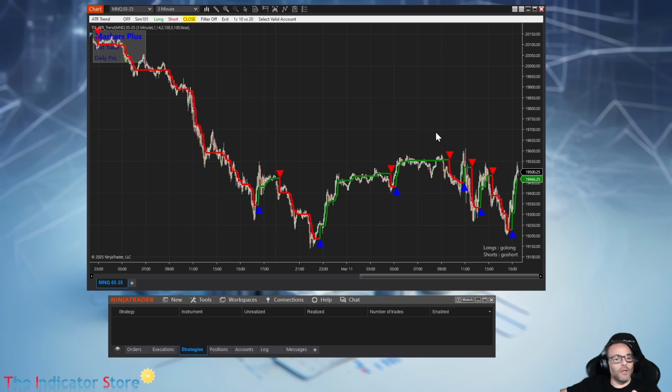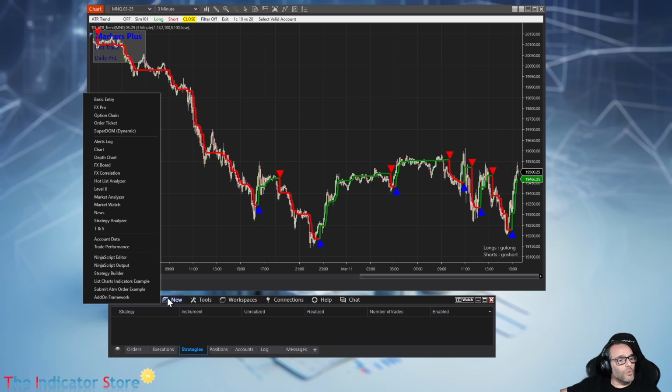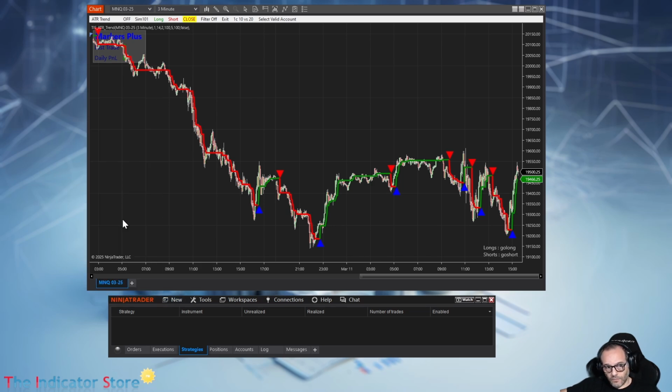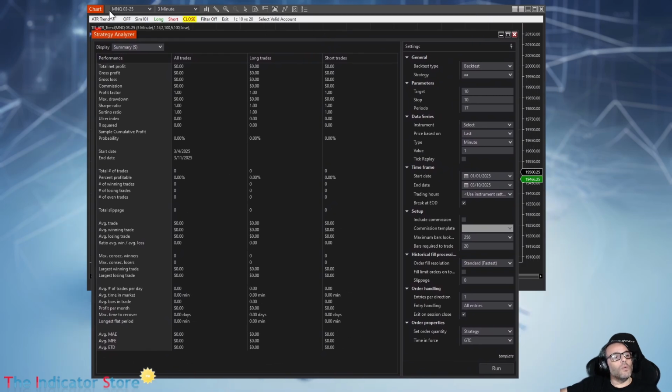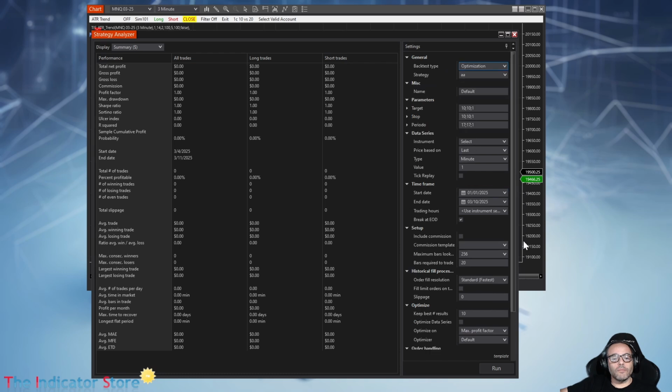And we can do Strategy Analyzer test all the possible combinations of parameters to find the best combination. Let me show you. So you go to New Strategy Analyzer. We get something like this. And I want to optimize MNQ in 3 minutes, for example, or 5 minutes or whatever, no? So optimize. The instrument is, well, we are going to include commissions, and the instrument is MNQ, for example, 3 minutes,